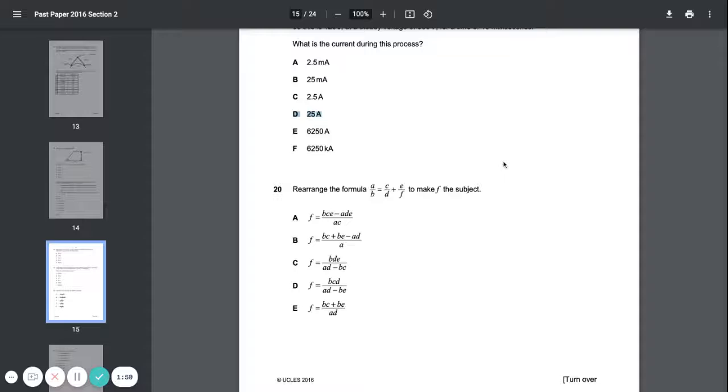Rearrange the formula A by B is equal to C by D plus E by F to make F the subject. So you need to take the common denominator in this case, which is C by D plus E by F. So here we multiply C with F to get the common denominator DF, and D with E, so that CF plus ED is over DF. And then we switch sides, and we will get